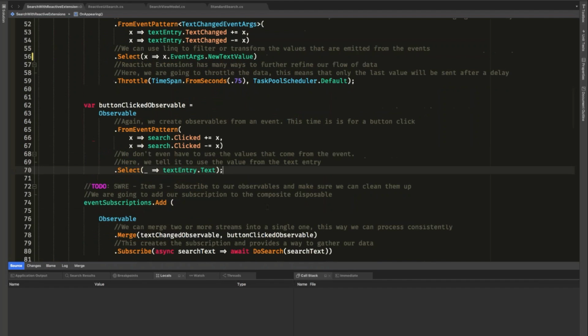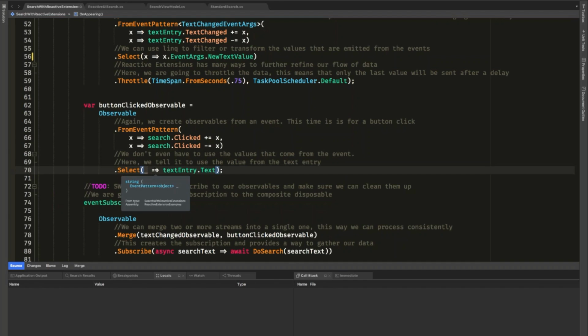There we go. Our second observable then is going to be pretty similar. We're just going to say, hey, whenever somebody clicks on that search button inside of my UI, send me a notification. All right, so whenever they click on the UI, send me a notification. What's neat about this then too is you can see that I'm using that same select statement here to go get data, but in this case I'm not actually taking the